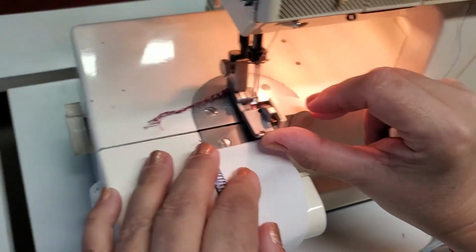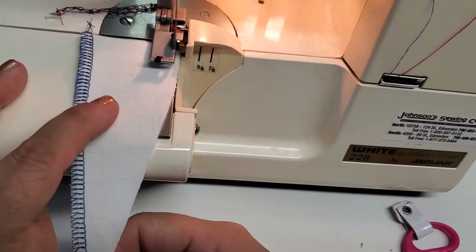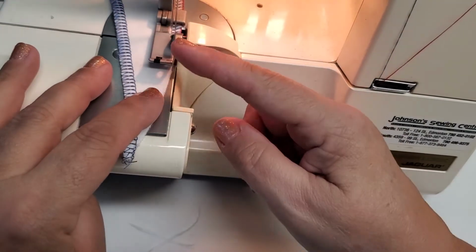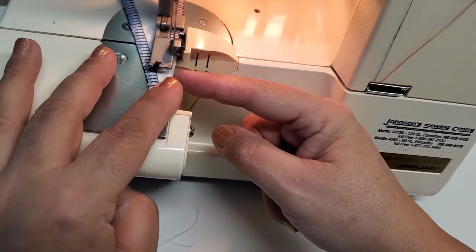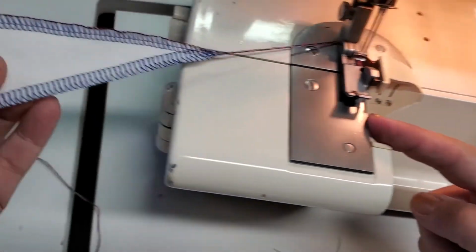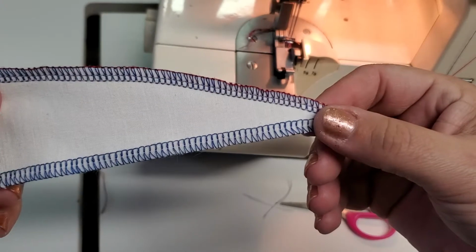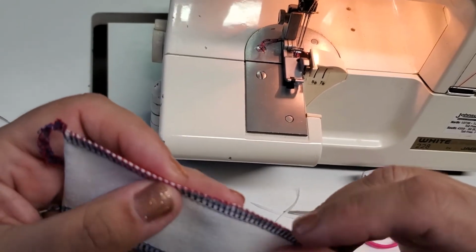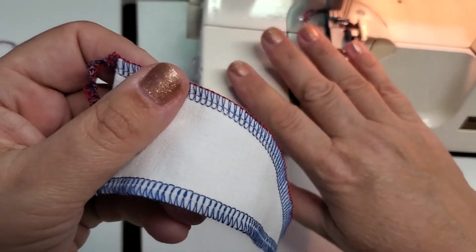But sergers have a standard 1/4 inch seam allowance. So what you're mostly going to do is just keep your eye right here on the edge of your fabric against the edge of this silver thing. Sew a little tail and cut it. And that's pretty nicely balanced, right? The red loop on the bottom meets just on the top with the blue loop on the top. That's what you want. Now, if this completely messes up,